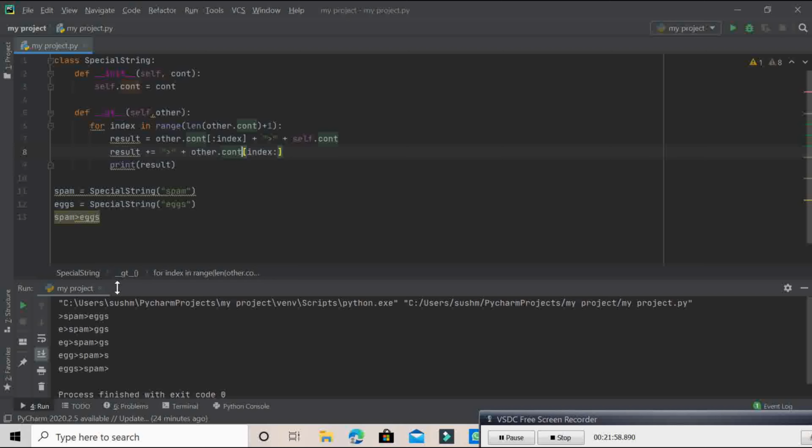For example, in a for loop, continuing for in,